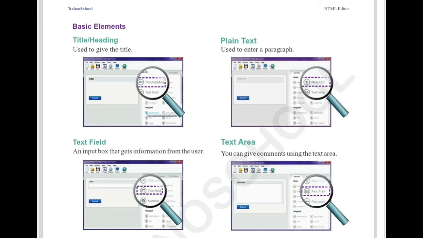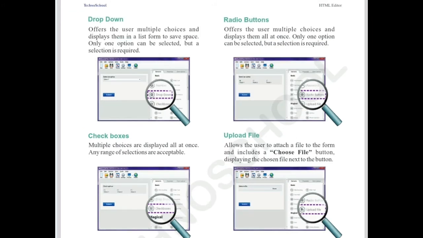So these are the simple steps. Just use the mouse and you can drag and drop the controls from the Config Editor. You can develop your websites. And look at other pages also: drop down, radio buttons, checkboxes, and upload file options menus. So under the other sections of Config Editor, as in the images, the examples given, you are going to drag and drop the controls from that section to your workspace.